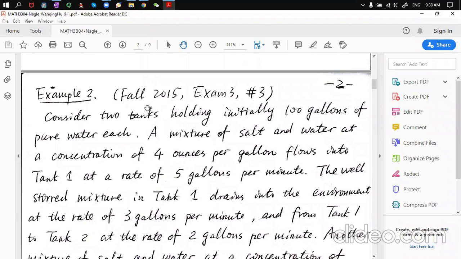So what this problem is saying is that you consider two tanks. They initially hold 100 gallons of pure water each. A mixture of salt and water at a concentration of 4 ounces per gallon flows into tank 1 at a rate of 5 gallons per